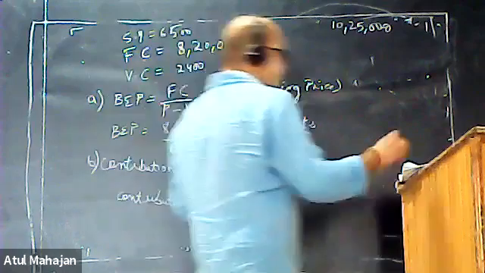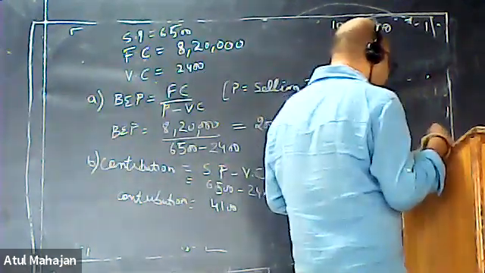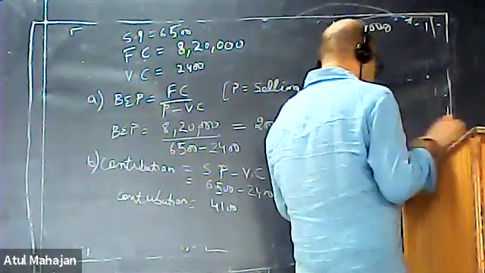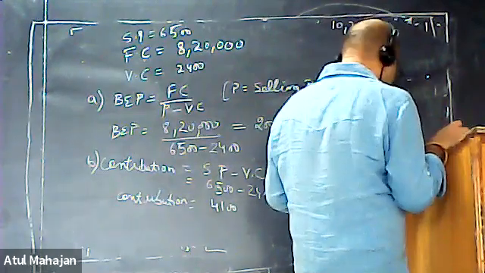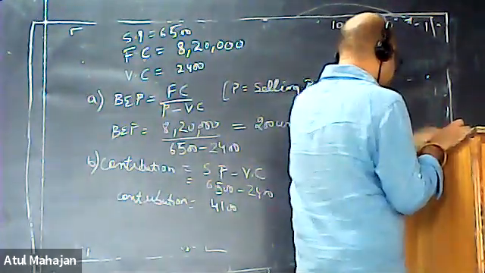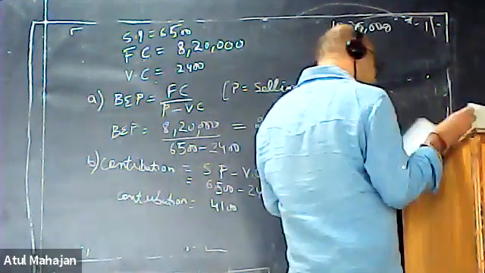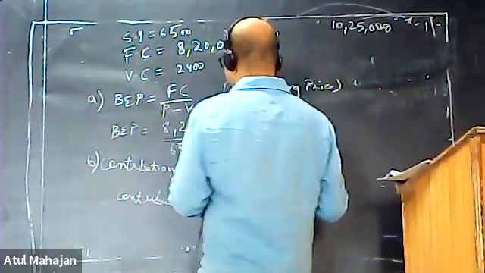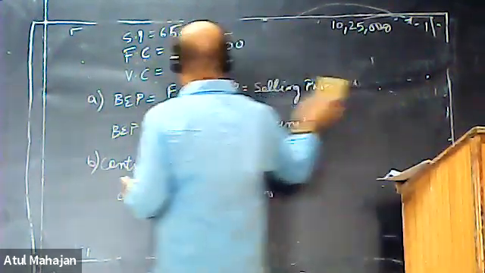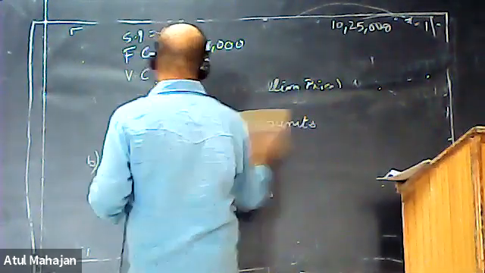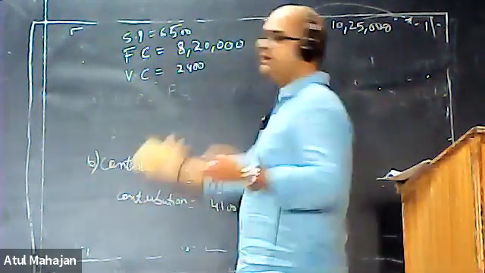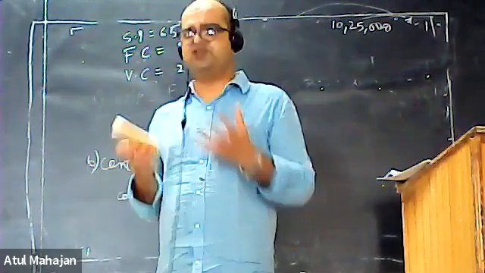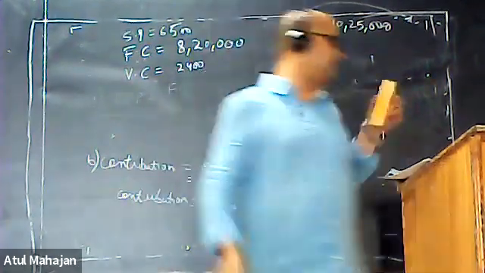Okay. Now what is the third part? What is the volume needed to generate a profit of rupees 10,25,000? So we need to know the exact amount of volume that we need to generate in order to earn a profit of 10,25,000. So we need to calculate the volume of the product that we need to manufacture so that we can get an appreciable profit of 10,25,000.